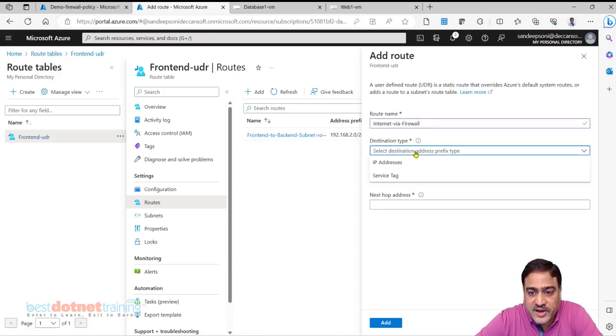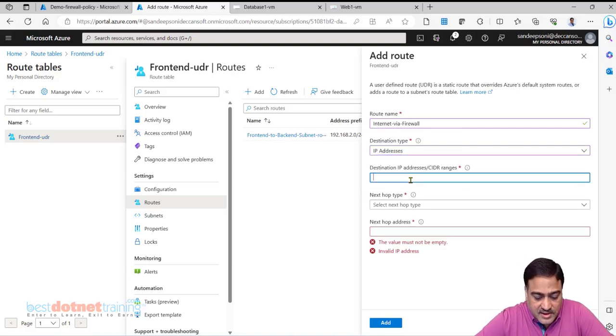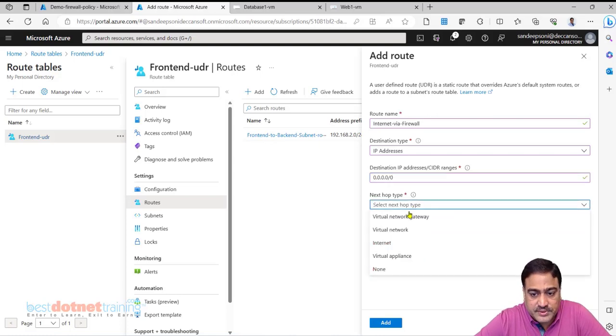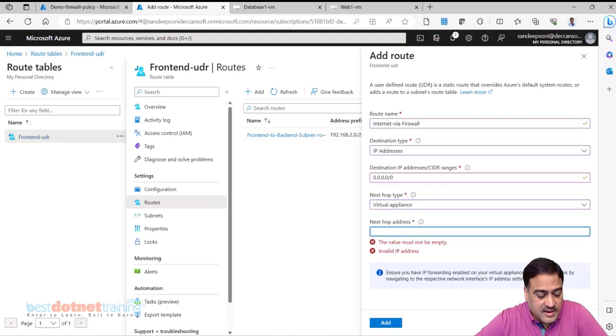So destination address, I'll give 0.0.0.0/0. Next hop, a virtual appliance has to be taken. And now I should give the IP address of the firewall. Now what can be the IP address of the firewall?